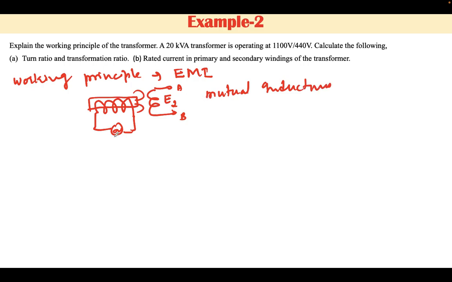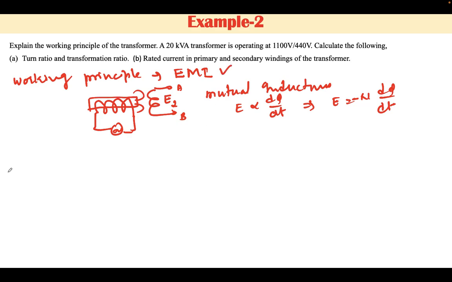And hence whenever a conductor is placed near another conductor energized by the supply, the EMF will develop across it. The magnitude of that EMF is directly proportional to the rate of change of flux linkage, and taking the proportionality constant, E is equal to N d phi by dt. Now considering Lenz's law, this magnitude can be defined as minus N d phi by dt, and this is what is known as electromagnetic induction.